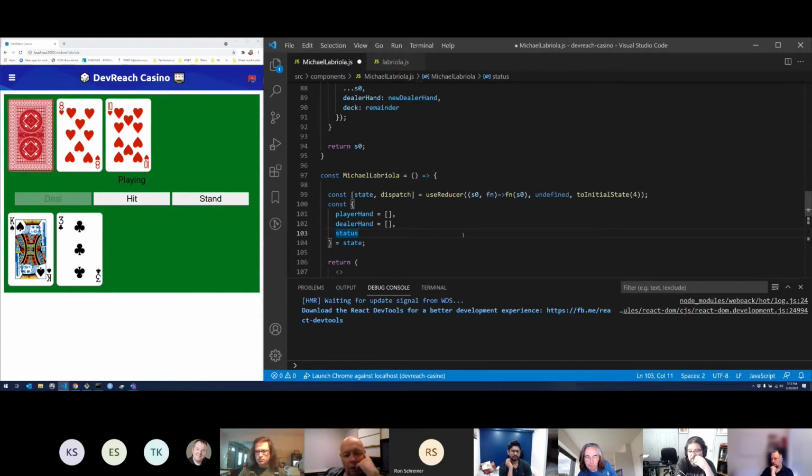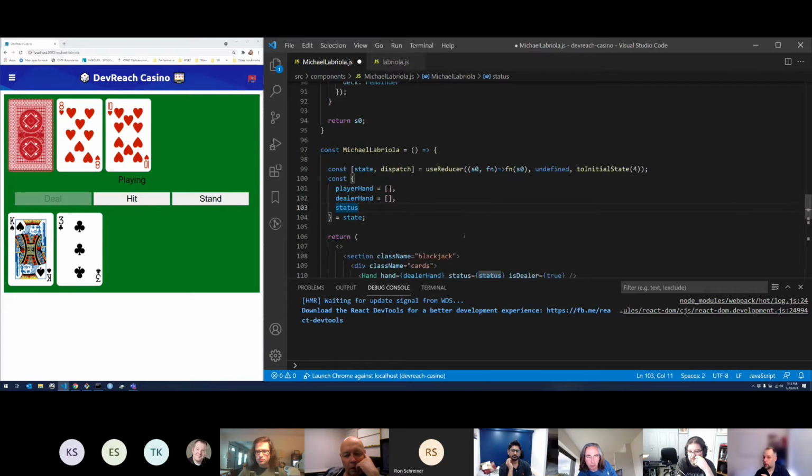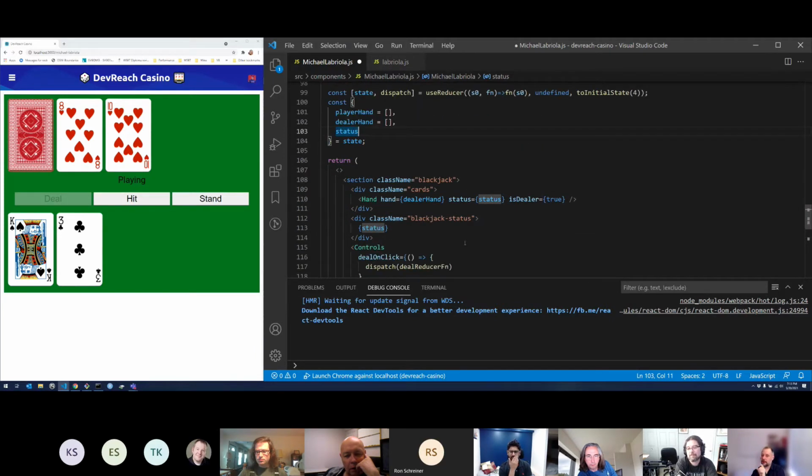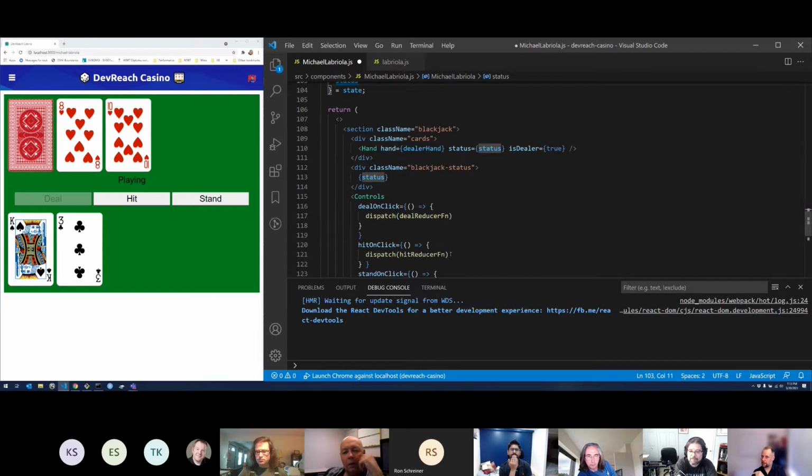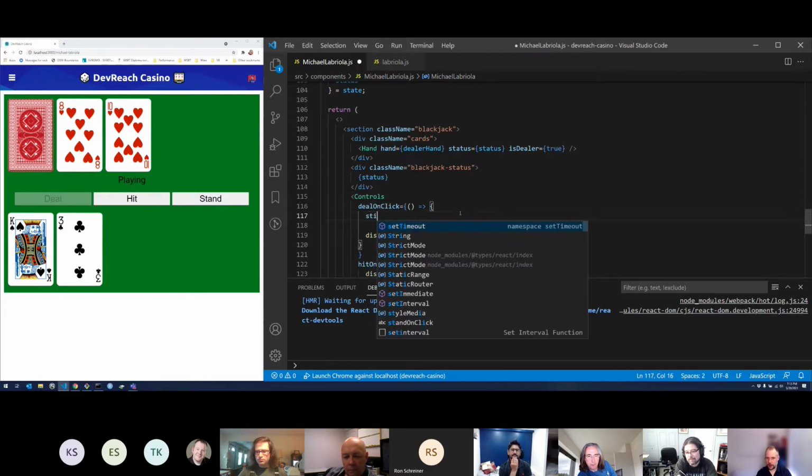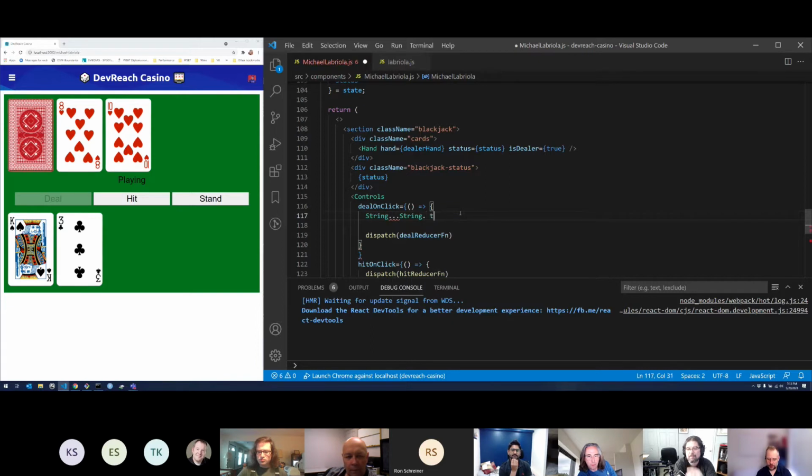Produce the new state that you're producing in these three reducers. Well, it would be to probably find a function that I was going to call to do new state, right? So here's my thought. I'm going to have dispatch where I happen to know the thing I want to do is deal on click. So I'm going to change that to a string so that I can change the string through a switch statement back to a function so that I can invoke the function so that I can get my state. Or since I happen to know the function that I want, I could just eliminate that and